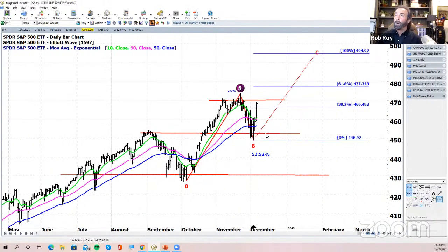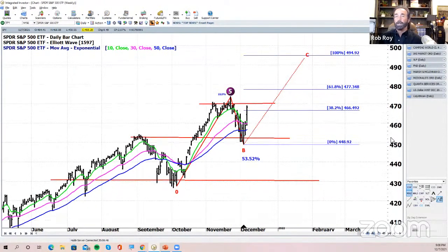But I preface that by saying we're a little bit overbought right now, so I don't know that we have the energy to break through these highs at 470 to make new all-time highs without some sort of a consolidation from these past 2 days. So likely some sort of backing and filling, maybe a little sideways movement here, or then we blast through there. Markets can stay overbought, oversold for short periods of time, but they don't do it for long periods of time. So we'll see if we take a shot at that 470 or rest here for a